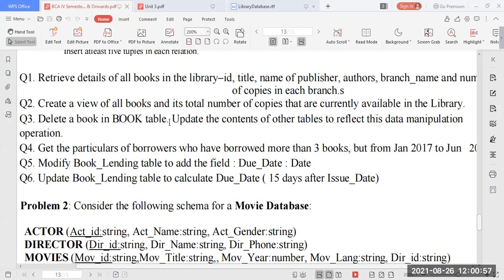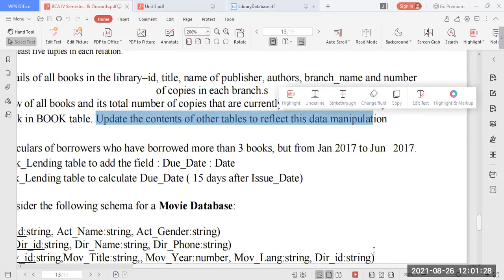We will get an error. The reason is that book ID in the book table is a primary key and it is getting referred in the author table and in the book copies table. So in two tables it is getting referred. Immediately it will warn us that it is a primary key and it is referred by other tables also. So for that purpose, the task said delete the book in the book table and update the contents of other tables to reflect this data manipulation.